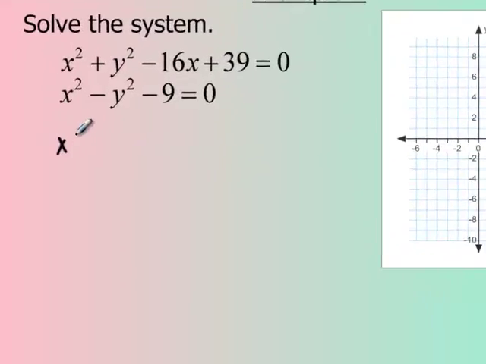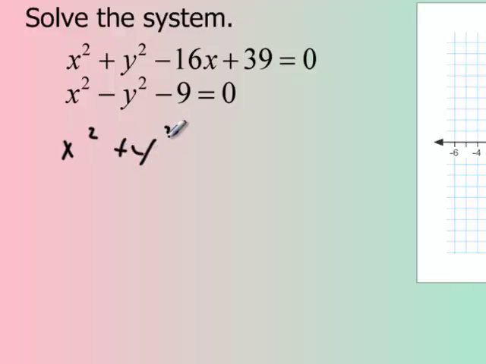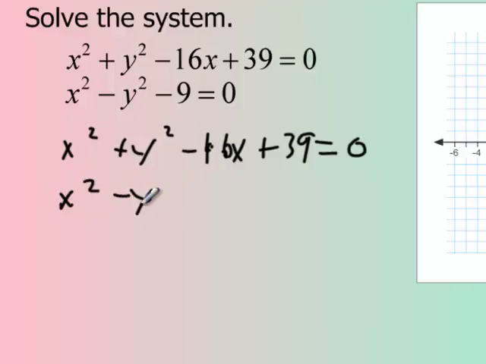I'm going to set this up so that all the like terms are lined up. So it's supposed to be a 16x plus 39 is equal to 0. And then x squared minus y squared. I don't need to multiply the first or second equation by anything, like we sometimes do with elimination, because the signs are already opposite and the coefficients are the same outside of the sign. And so I line up the 9 with the 39, so that when I add these